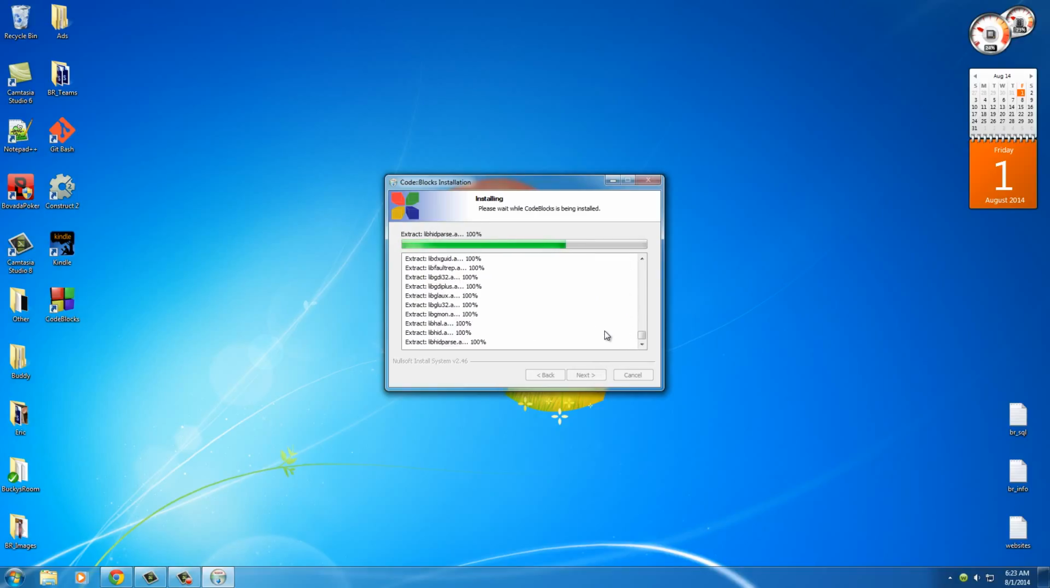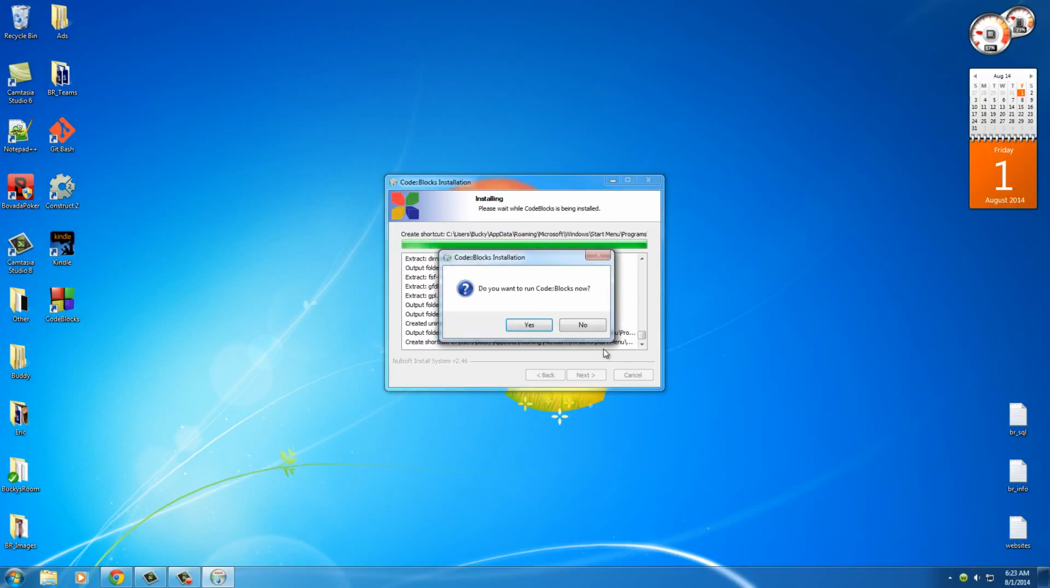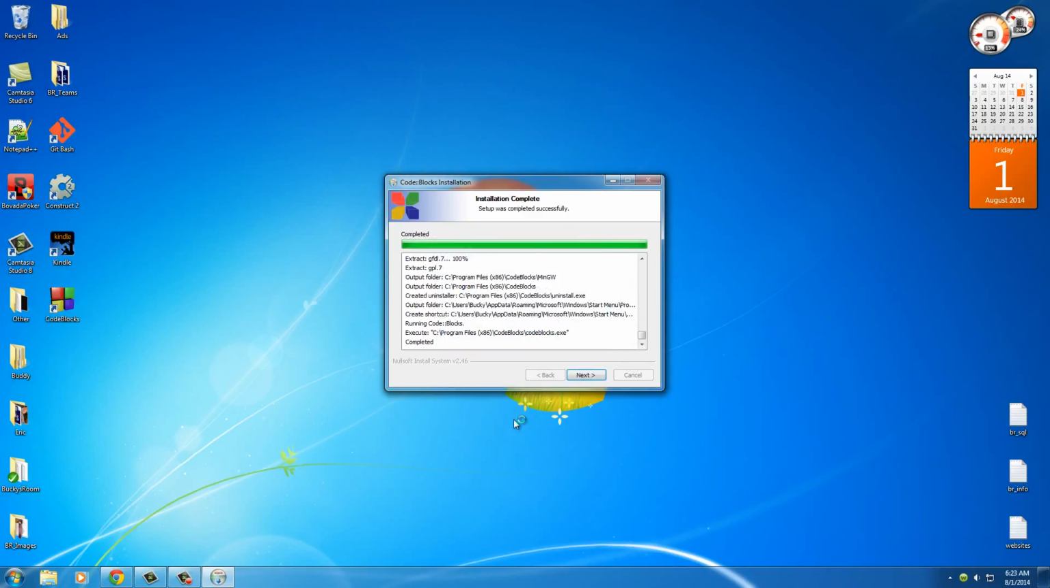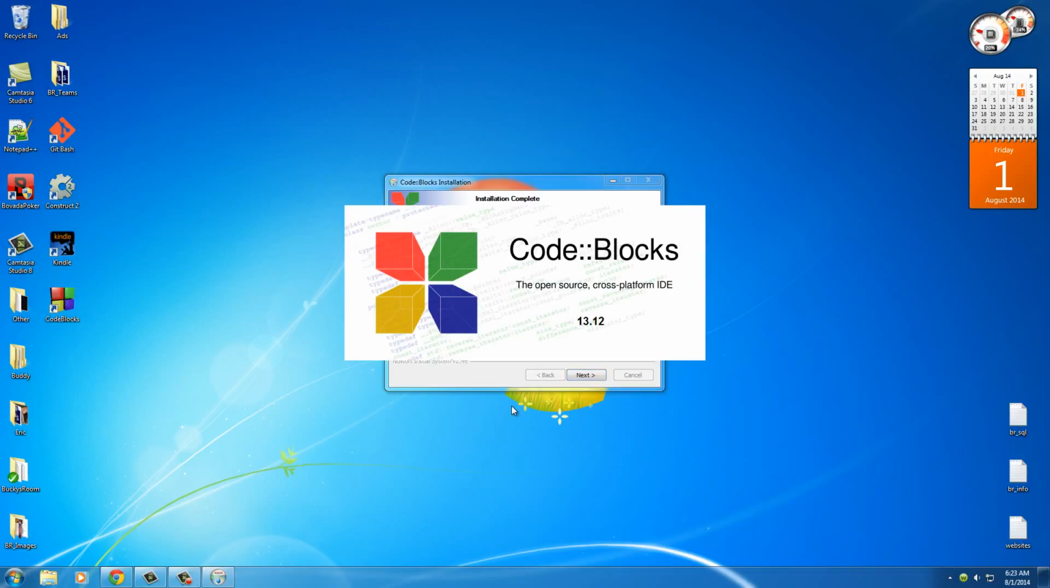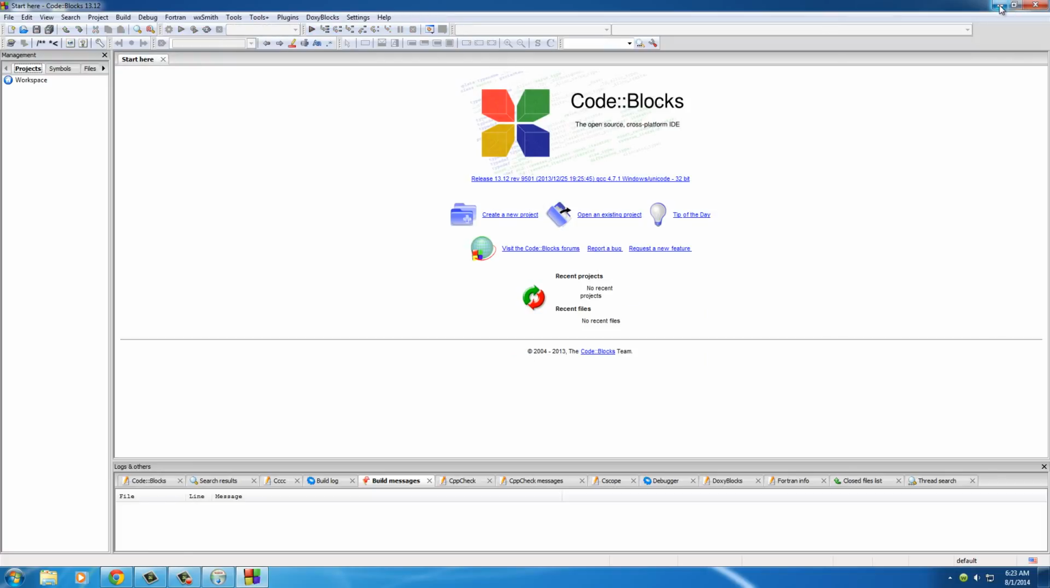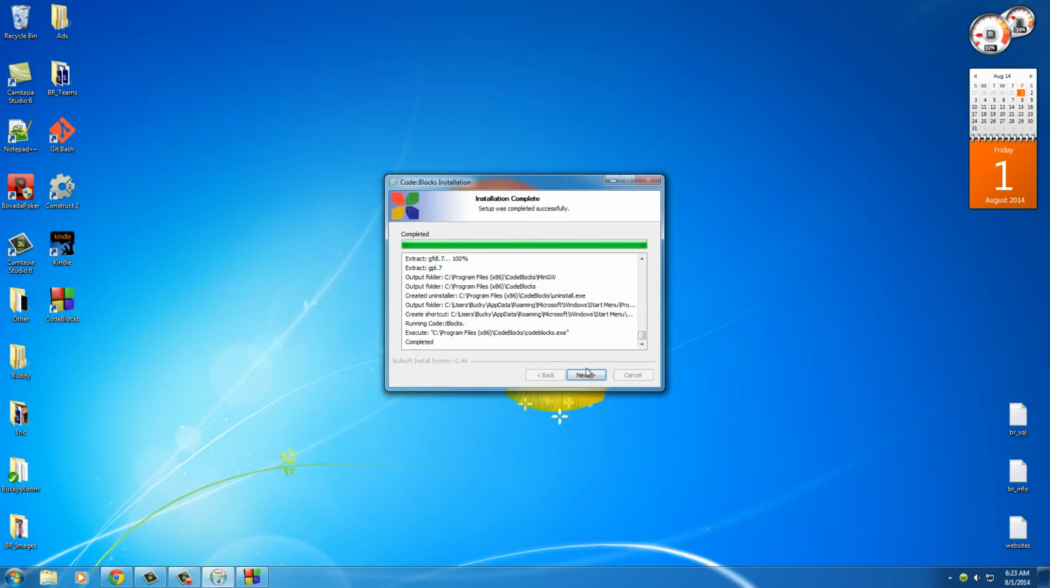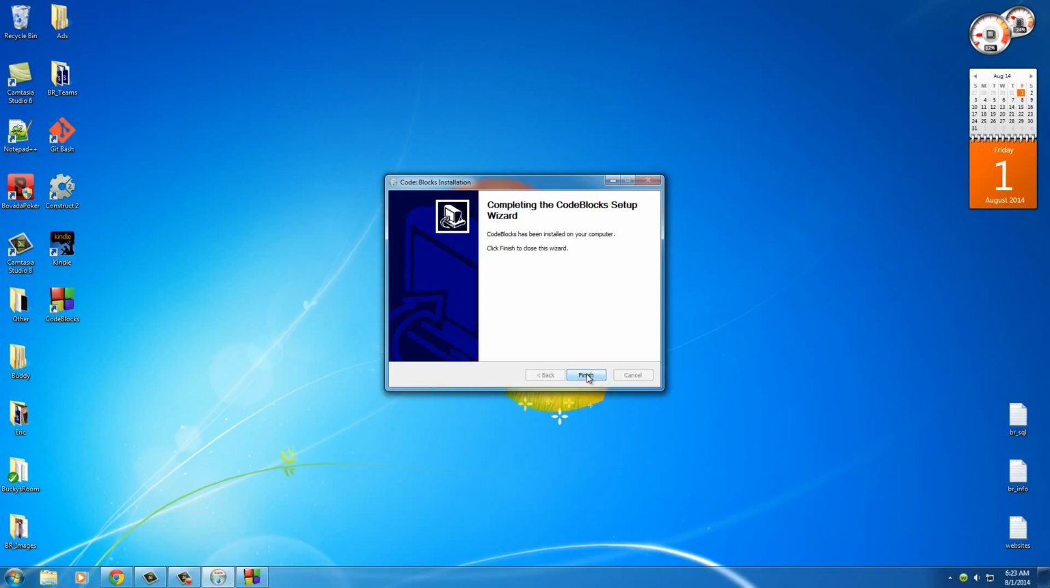Alright, so this bad boy's installing, and once it's ready, it actually puts an icon on your desktop, which is actually really handy by default. So this bad boy opens up, and it might take a while to boot up if you're starting it for the first time. And the first thing I actually want to do is minimize that, and I can click next, finish out of that,